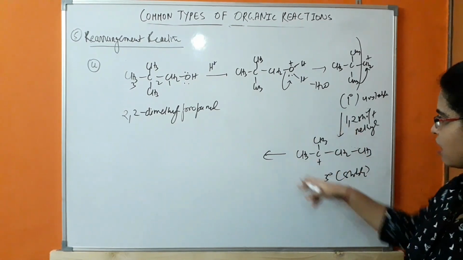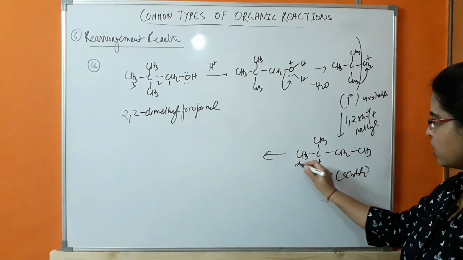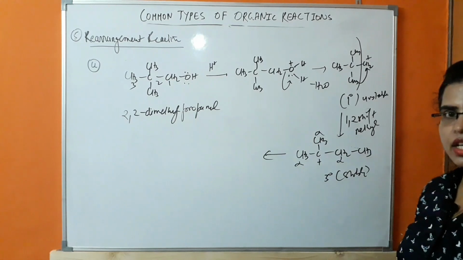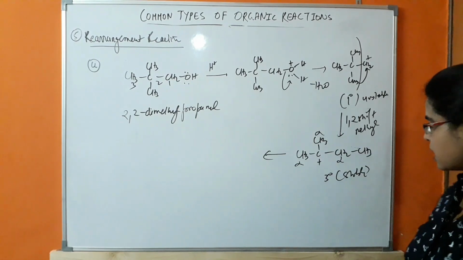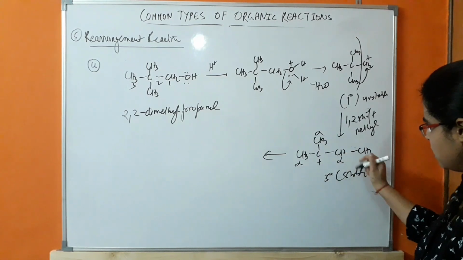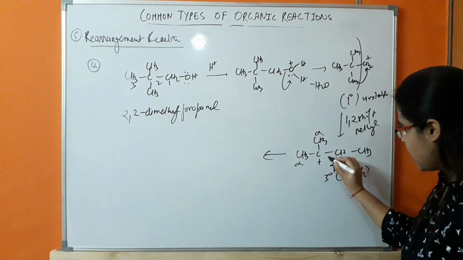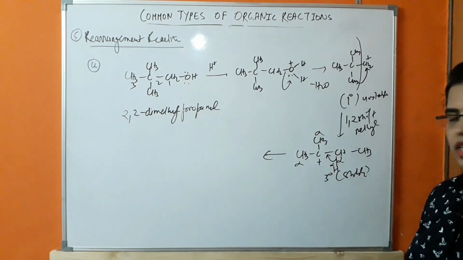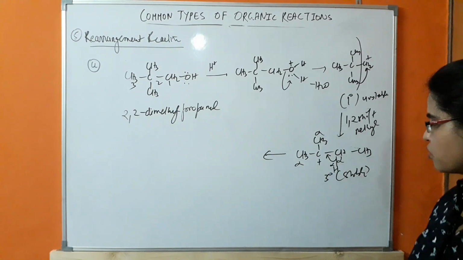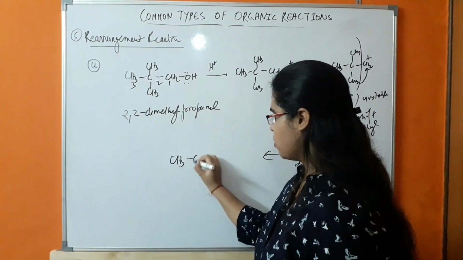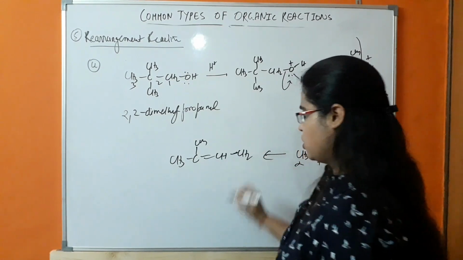Okay, so how many alpha hydrogens are there? First of all, you have to recognize how many alpha carbons. 1, 2, 3. Okay, so in which carbon will the displacement of hydrogen take place? This carbon's hydrogen, that is alpha hydrogen, will donate its electron to this side. Okay, this alpha carbon's hydrogen will donate electrons to this side, so there will be formation of CH3 double bond CH, CH2,